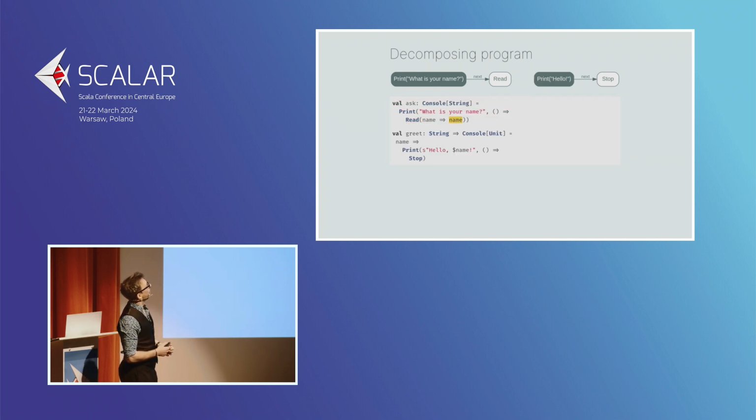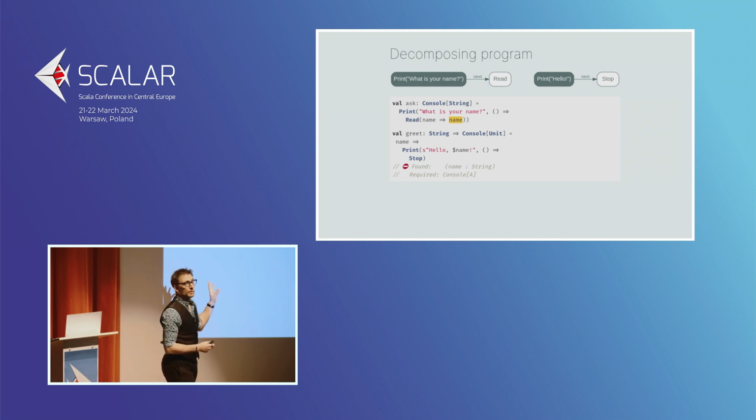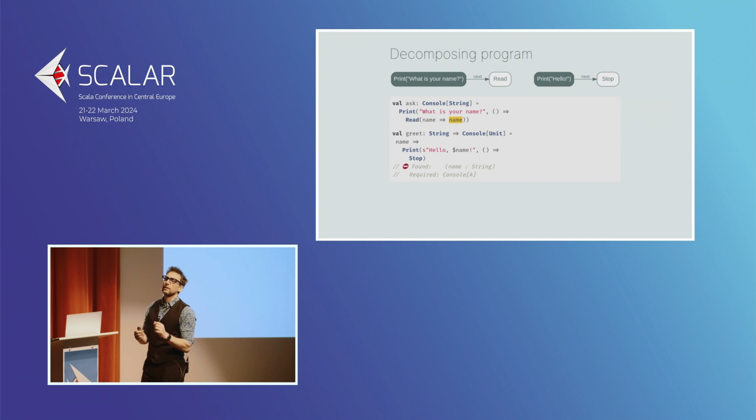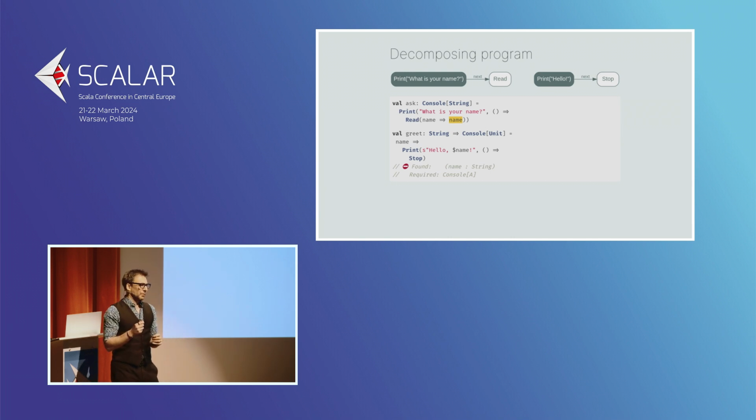And now the compiler is going to complain about that, because the continuation in read returns a console and not a string. So the compiler is not happy about that at all. There's two ways we could fix that. The first one would be to think really hard about what it means to interrupt a series of continuations in the middle. Think really, really very hard. It takes a while to get it, and when you do get it, you take the obvious solution. But it's a lot of work.